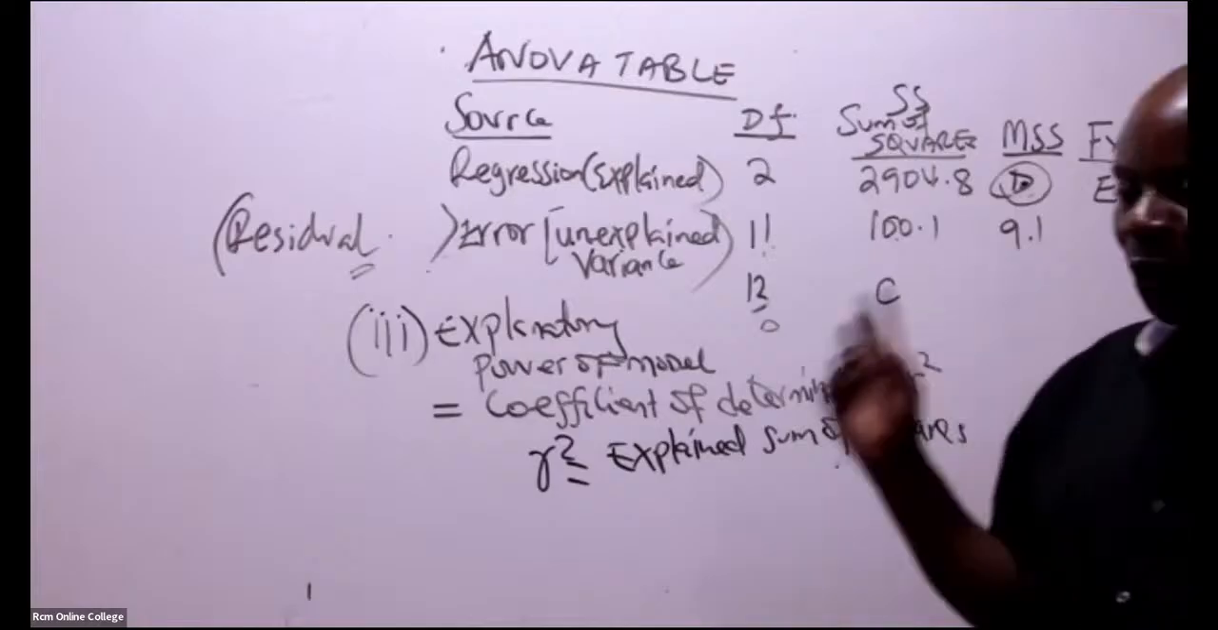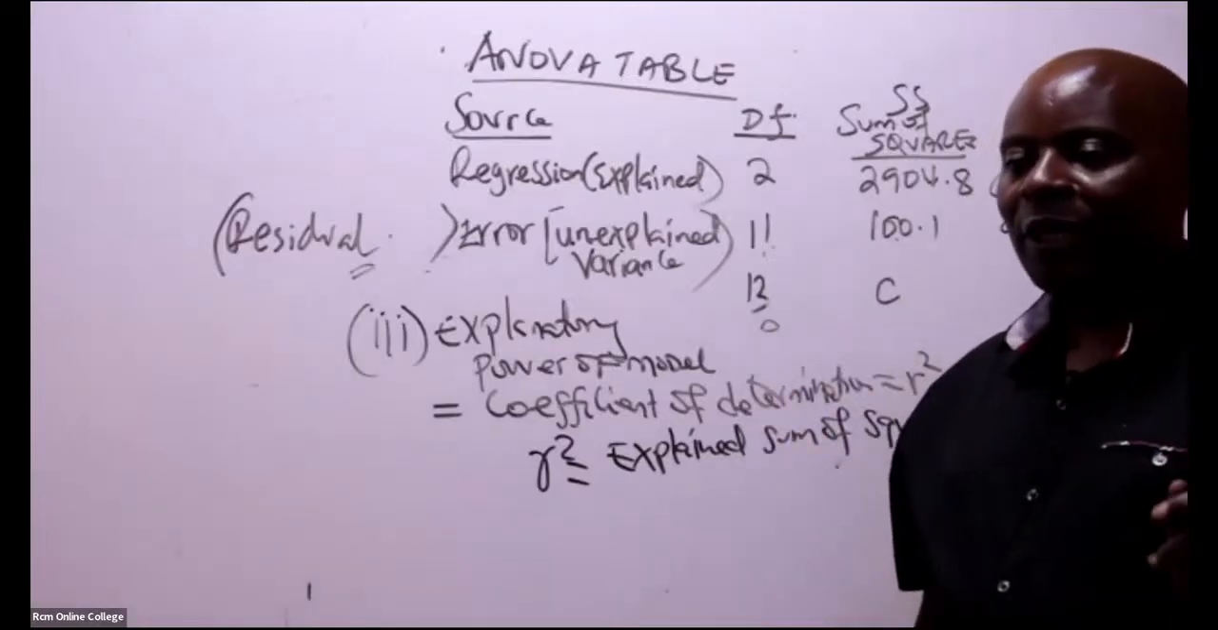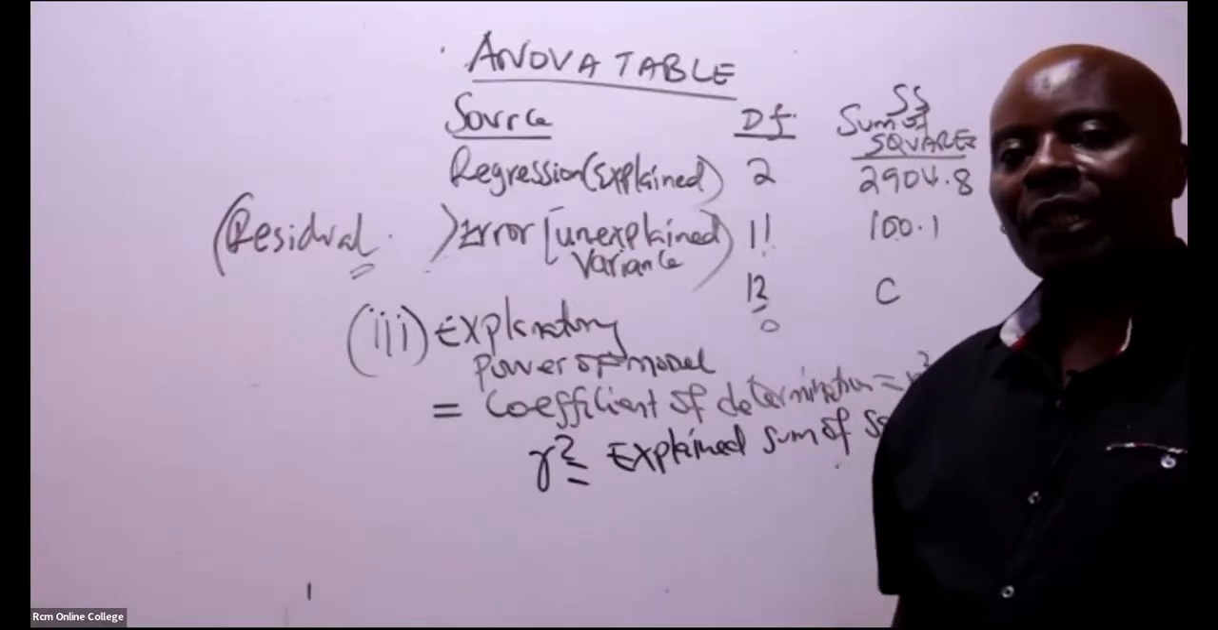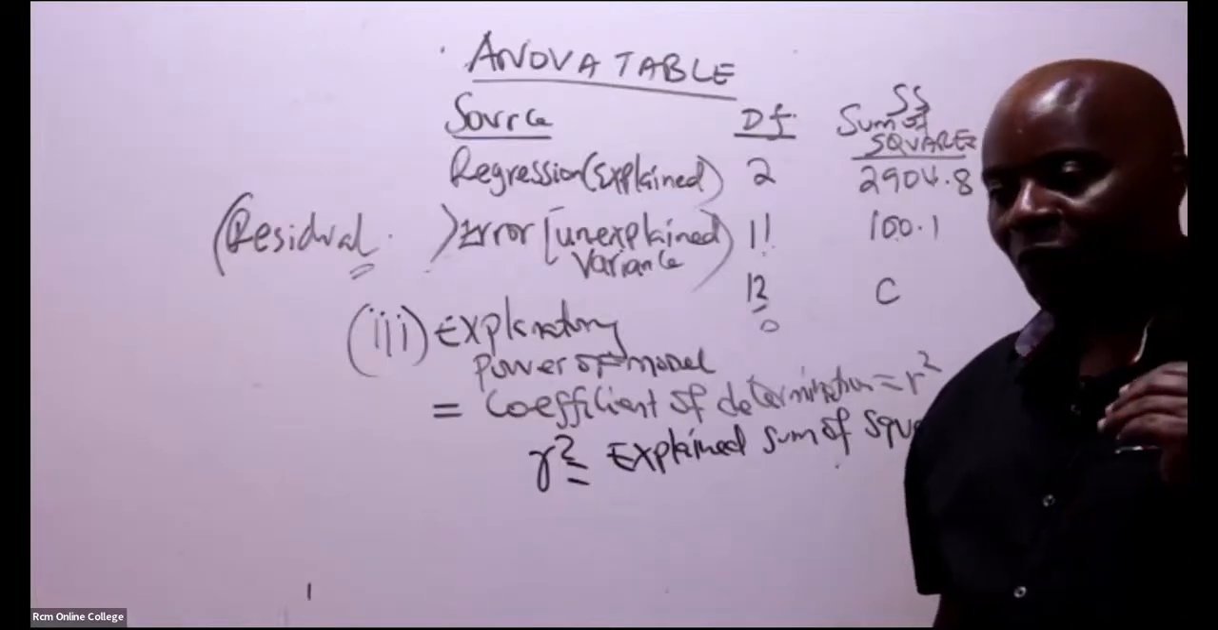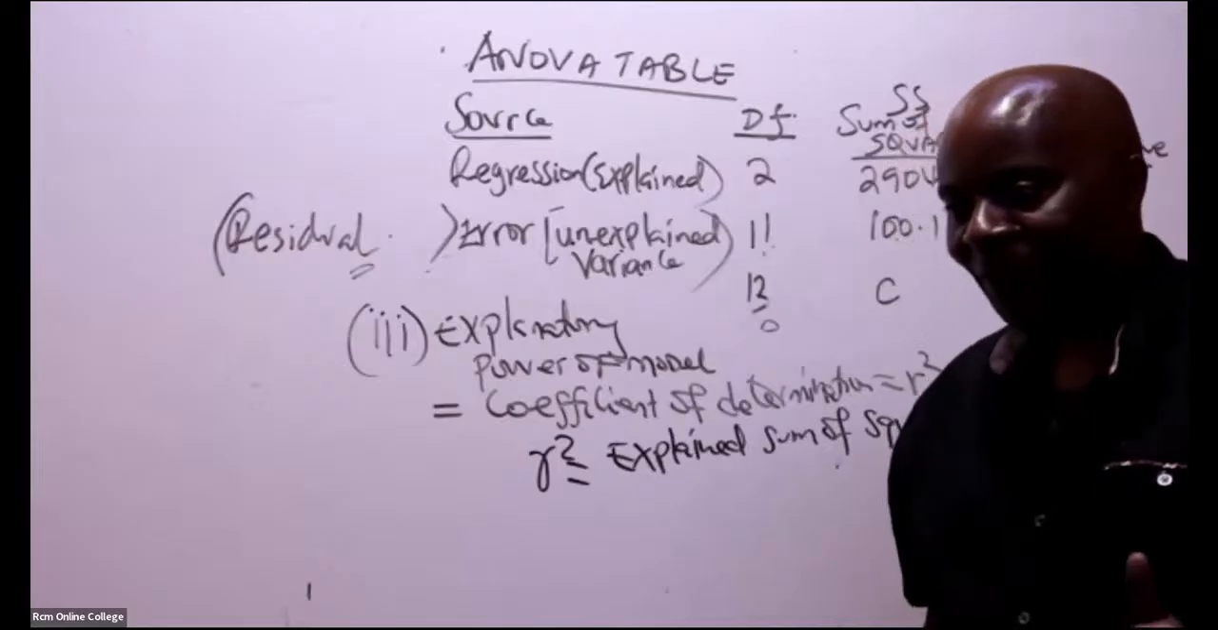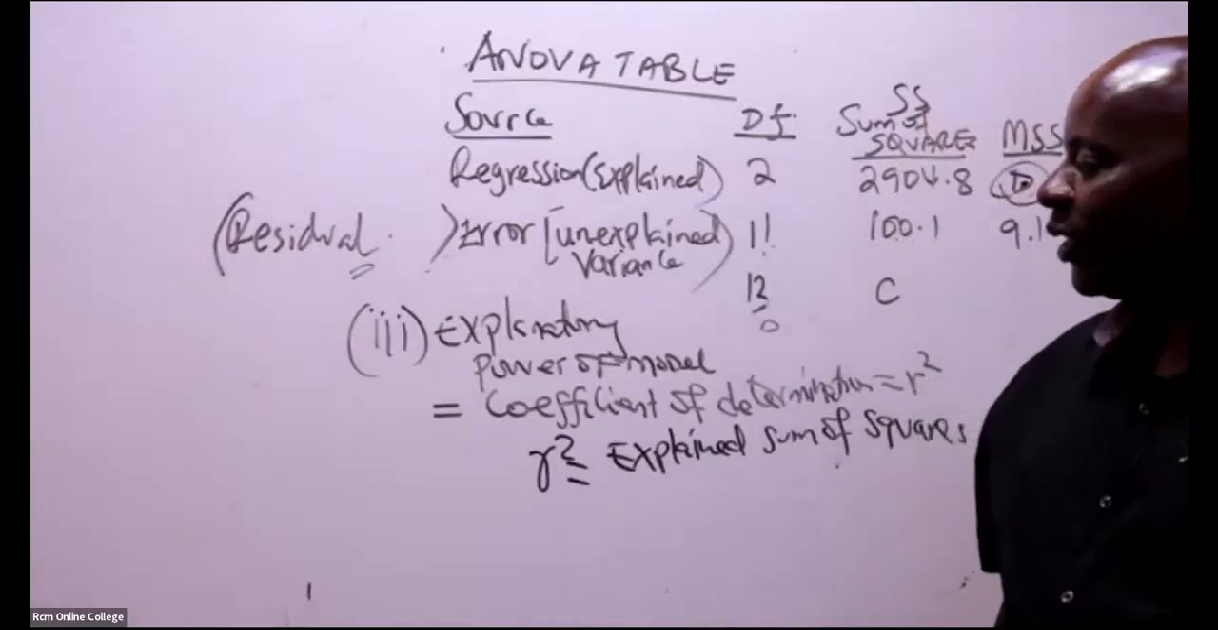So Roman 2 is already done. In Roman 2, they wanted us to give them the regression model or regression equation that we did a long time ago. Then now we have Roman 3. In Roman 3, they want us to give them